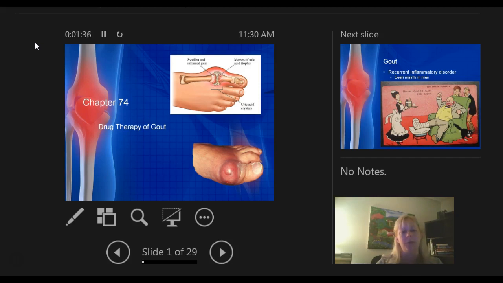And think of crystals, how they're shaped, and how that would feel being in a joint in your body. That would be very painful. It usually comes on real suddenly, so you'll typically see people wake up in the middle of the night with severe pain. They can't walk on it. And people that have chronic gout are either on preventative therapy or know what to do to start the medication. So we'll go over medication to treat gout.